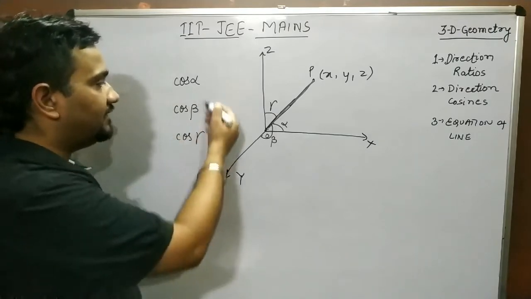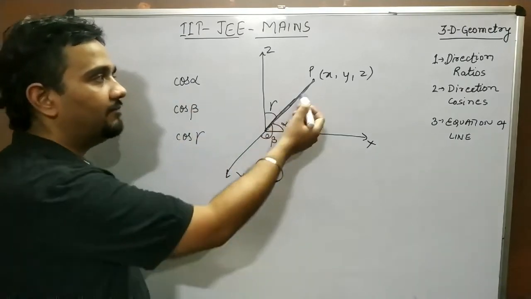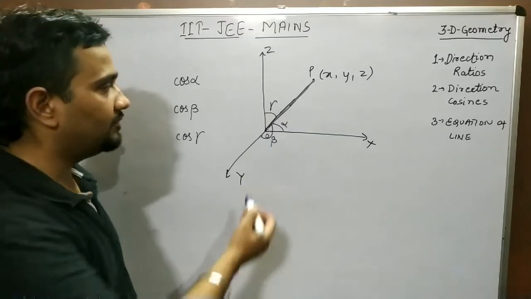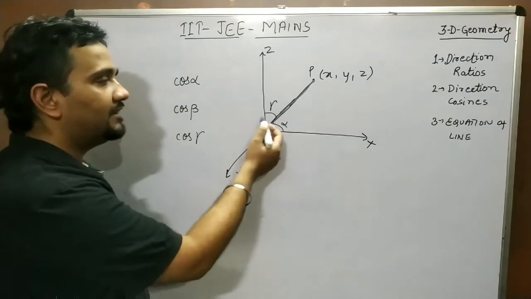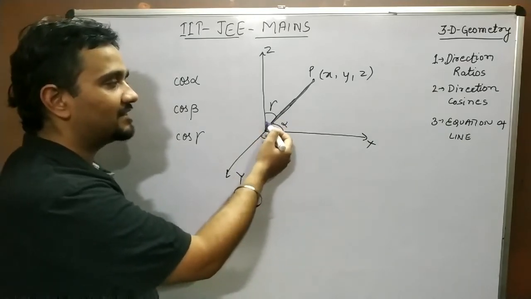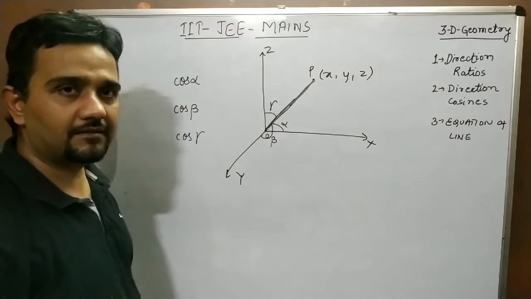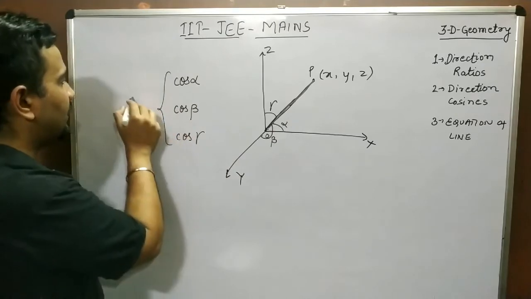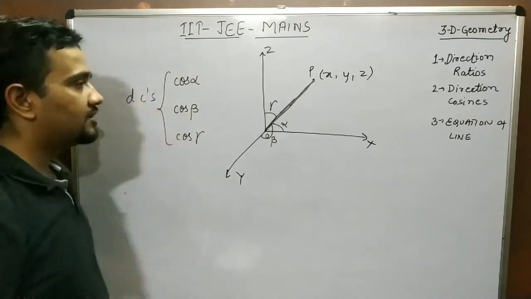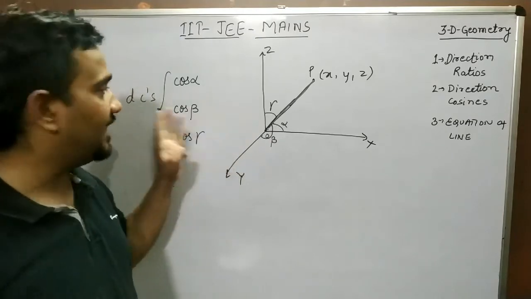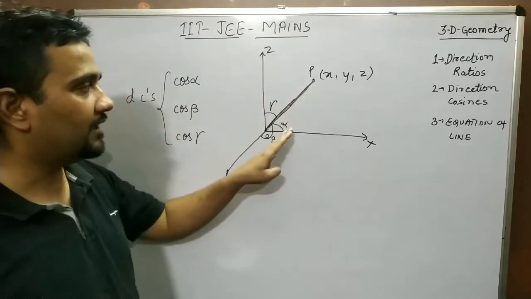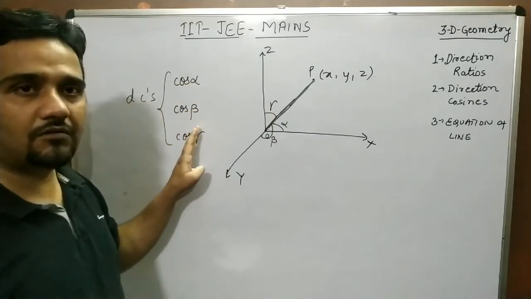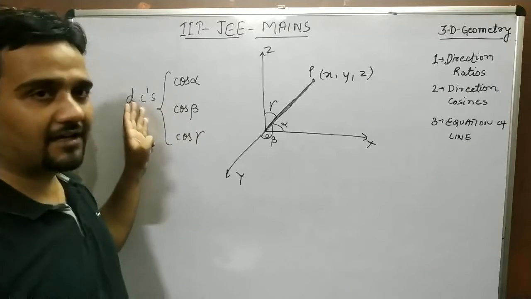If we define these 3 points, we can locate any point on the axis according to its distance from the origin. With respect to these axes, we will consider these three ratio cosines. These are called the direction cosines, DCs. Direction says something about P. Because this is the angle alpha, that's why direction, and we have taken the cos into account, that will give us the direction cosines.